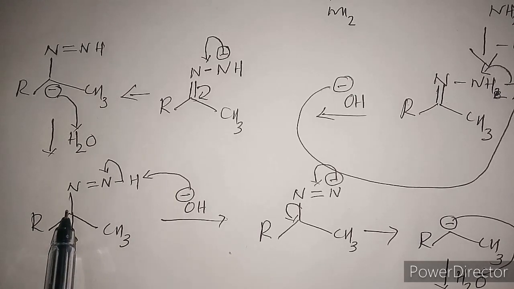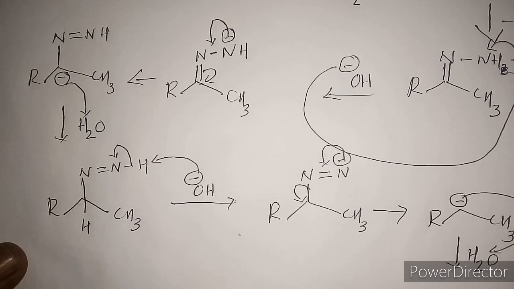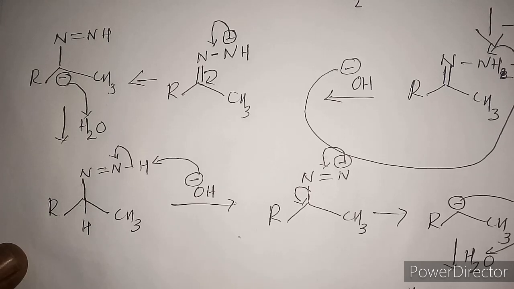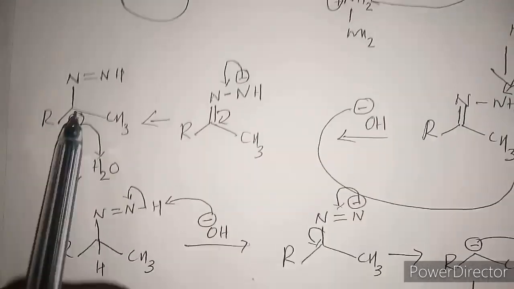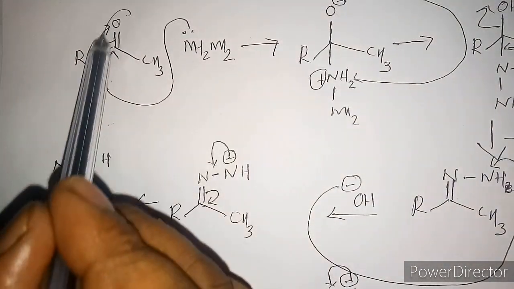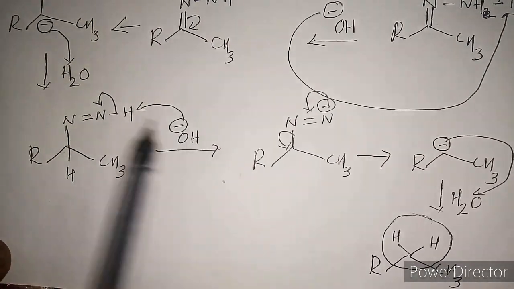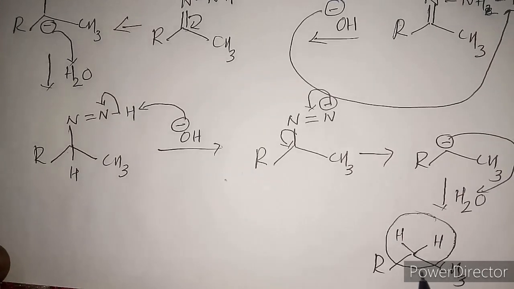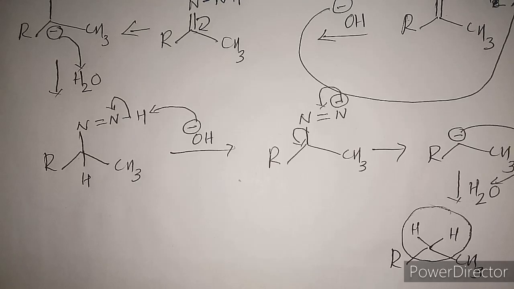So here the carbon takes the proton from the water molecule two times. Here one time, here one time. So therefore this carbon will attach to two hydrogens. So therefore the CO group will be converted into a CH2 group. A carbonyl group is converted into a methylene group, and this type of reduction using hydrazine we call a Wolff-Kishner reduction. Now the advantage of this Wolff-Kishner reduction is that we can easily carry out the reduction process